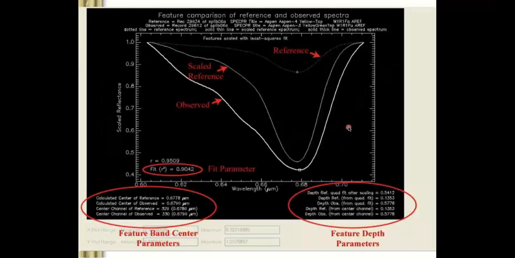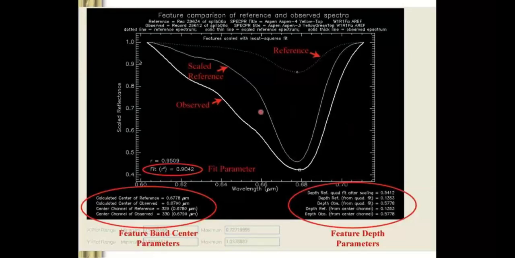So here you can see we have our reference spectra. Reference spectra means you took this in our laboratory. Then we have this scaled reference. Scaled means we bring it between 0 to 1. This reference we scaled from 0 to 1, and then we have what is observed from the satellite or something, and we try to match these data sets.